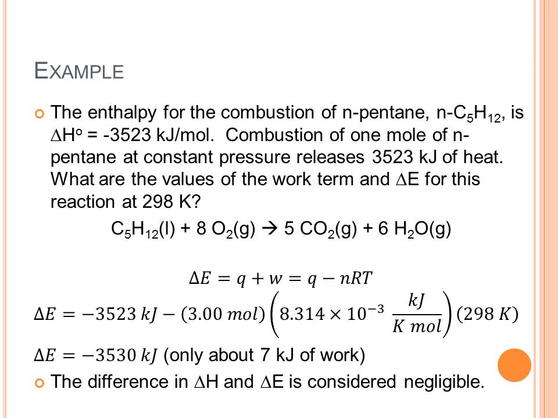So let's look at one last example. Look at the relationship between delta H and delta E. So enthalpy of the combustion of pentane, C5H12, is a negative 3523 kilojoules per mole under standard conditions. The combustion of 1 mole of n-pentane at constant pressure, therefore,